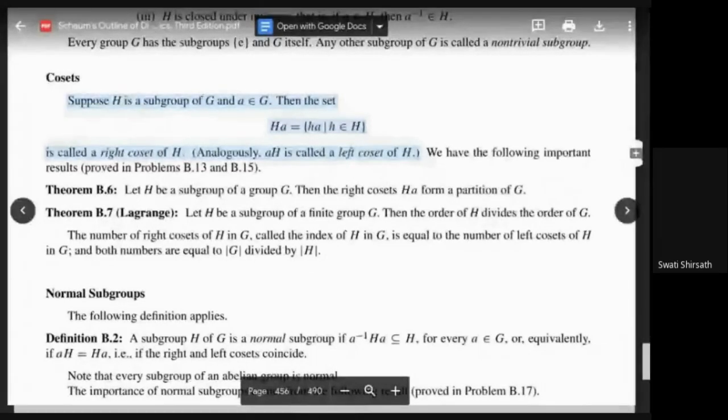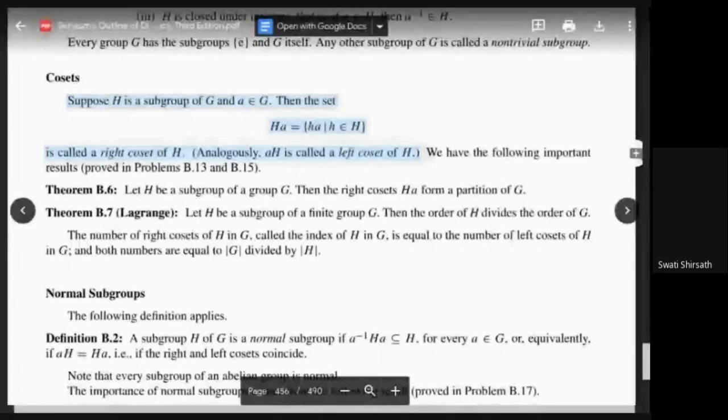Now, there are a few operations which are commutative and there are a few operations which are not commutative. So in that case, Ha will not be equal to aH. Ha is not always multiplication. The operation will be the one given in the example. So if the operation is addition, then Ha can be written as H plus a, which is equal to small h plus a. If the operation is multiplication, then it will remain the same.